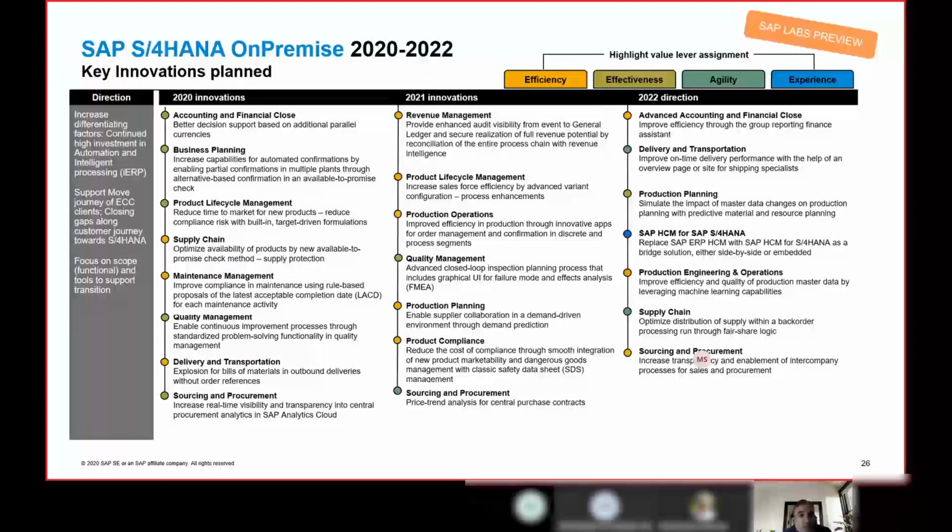As we talk about the roadmap as well, we mentioned the 3-year view which customers can get through this particular roadmap, which talks about the innovations planned in the subsequent releases, or the enhancements to existing releases planned in subsequent releases.